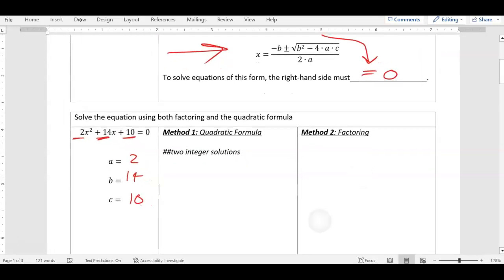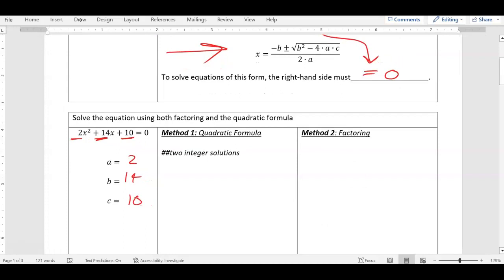We need to plug it into that equation, okay? So what I'm going to do is scratch out factoring over here. We're going to just do this with the quadratic formula, okay? Let's write it down. First of all, x equals. Now, when it says negative b, what do you think negative b is? If b is 14, what's negative b? Negative 14. Let's write that down. So x equals negative 14 plus minus